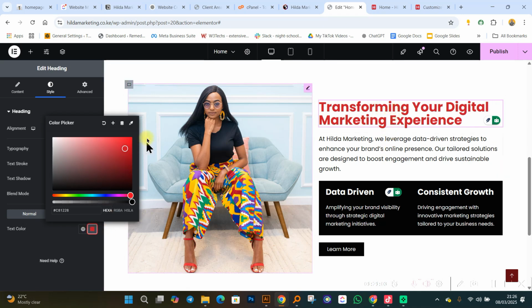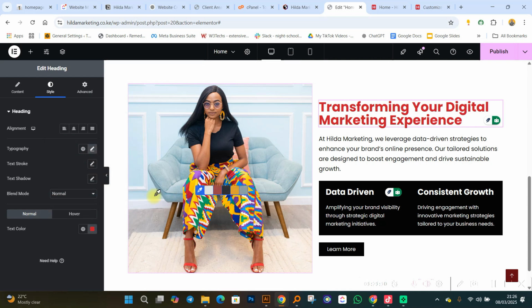If you select your color picker, kuna kitu inaitwa color sampler. If you select it, you can easily come and pick a color in her clothes. Like that. You can select this one, or you can still go on and select a different color. Like you can even select the color in the shoes. Is it this one? If we select this one, we can come and select something like that. You see? Ladies and gentlemen, are we still together?